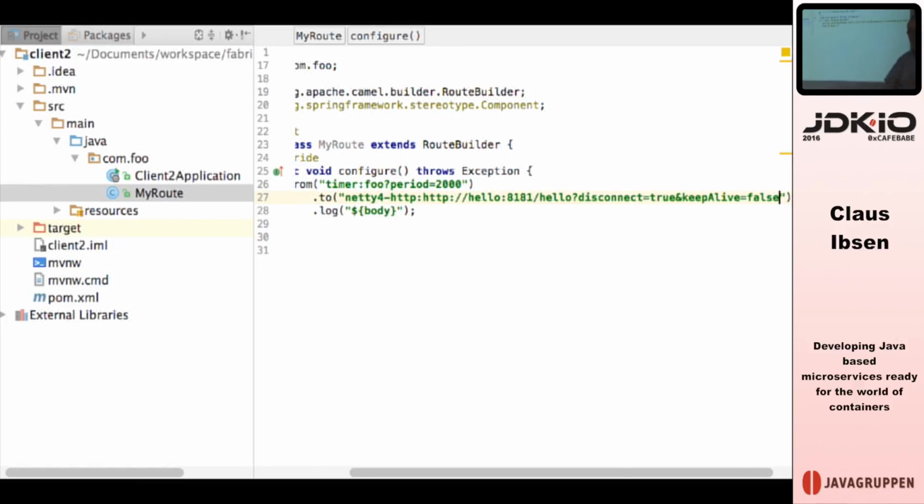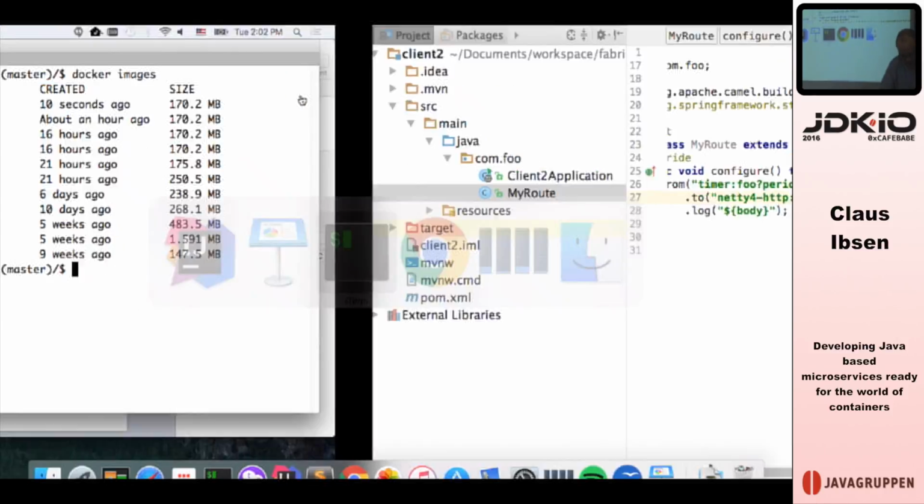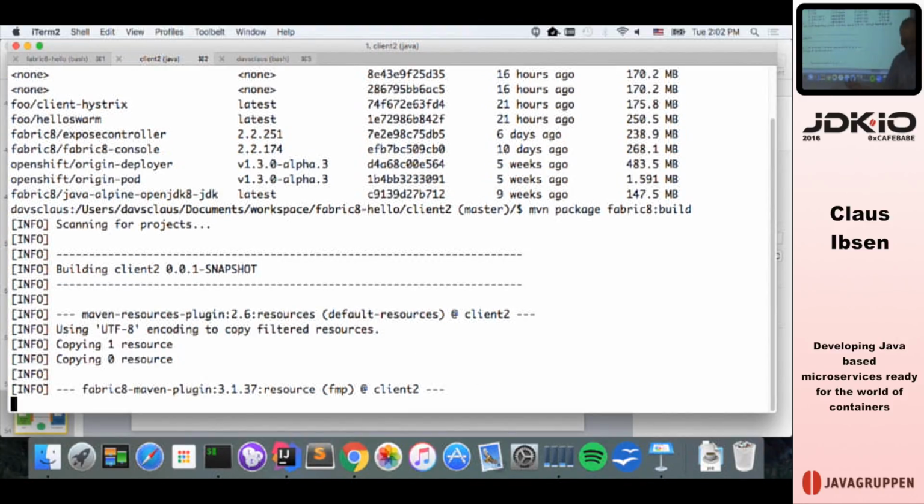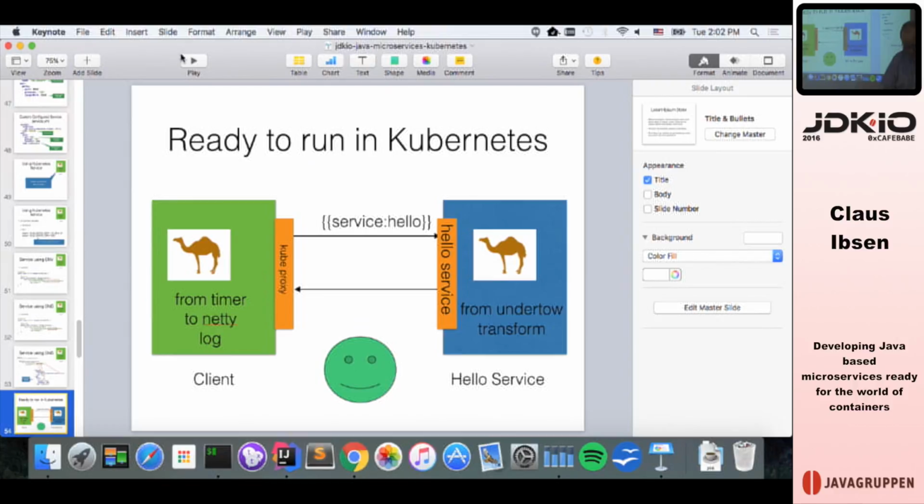So when we call it the next time, it can do round robin, so it doesn't do session affinity. So that's it. And we should be able to build this code and deploy it to the cluster.